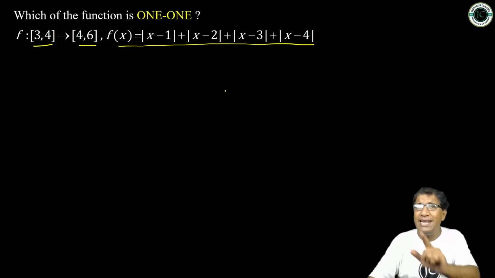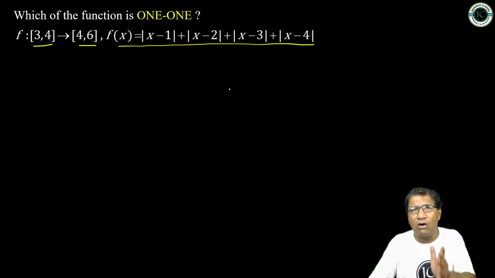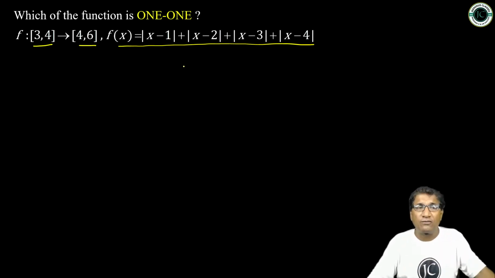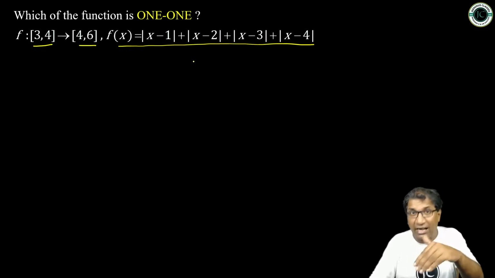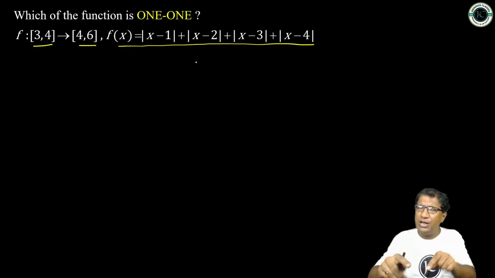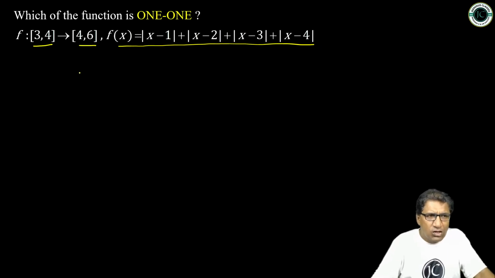Children, in my previous classes where I discussed range and domain, I have already shown you the shortcut method of graphing this kind of function. If you have not seen my previous video, the link has been given in the description box. Go and check it. So here, children, look, your x belongs to